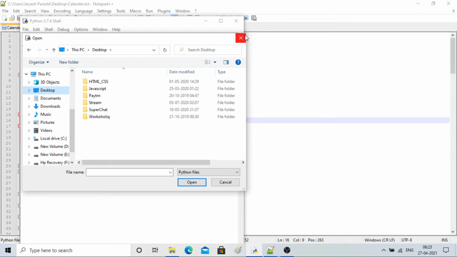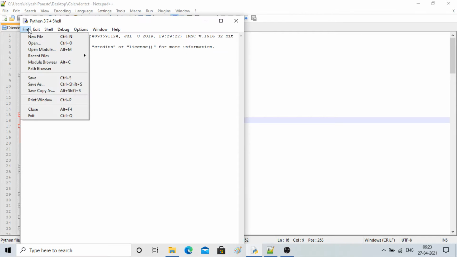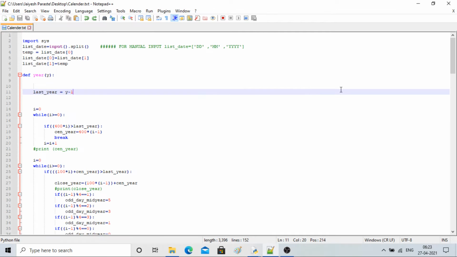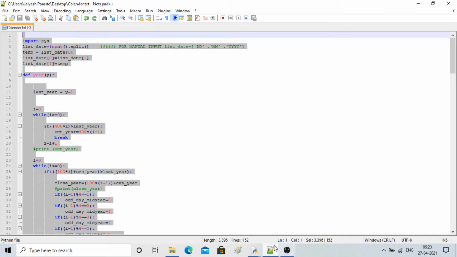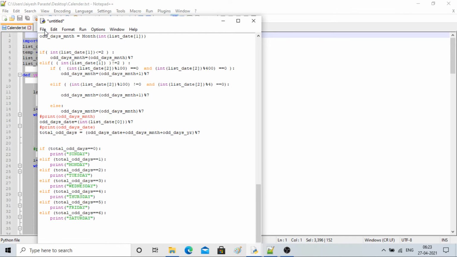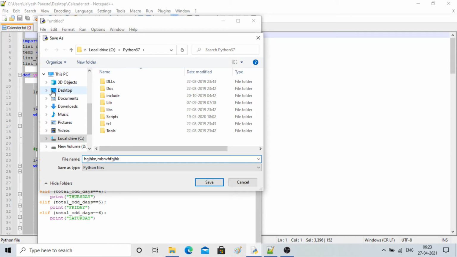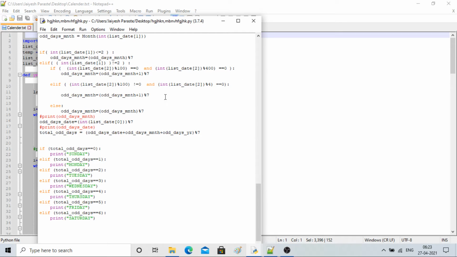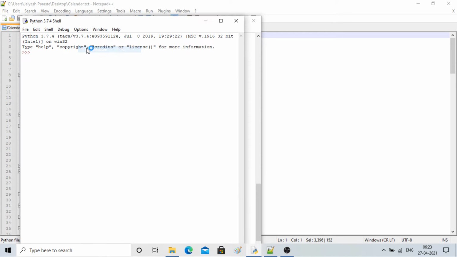Okay, so where was it available? Oh no, I have to make a new file, right? I'll take this whole code and paste it in my IDE, and I'll save it. Save as some random name, and I'll save it on the desktop. Save, and I'll run it, so that you will see it is running. So I have to give input in a space form.